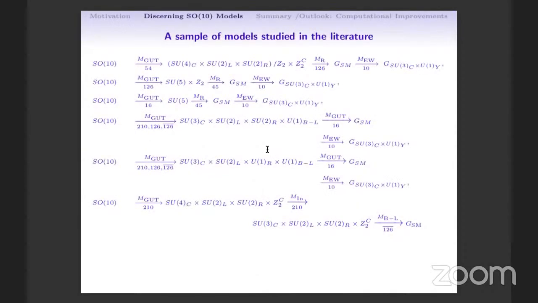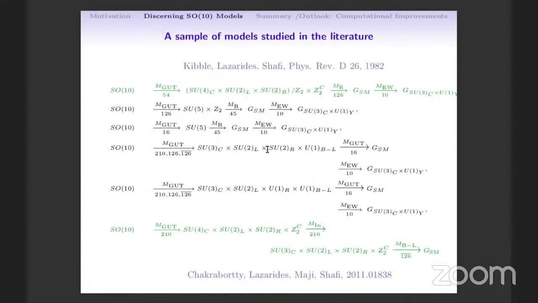So more in detail, this is a sample of models studied in the literature. And I said models studied in the literature because they have been studied from all points of view: proton decay, gauge coupling unification, matter spectra, phenomenology relevant to the LHC, which unfortunately is no longer the case, but still most of them survive. But surprisingly, from this list, only 2 of them have been studied from the point of view of their